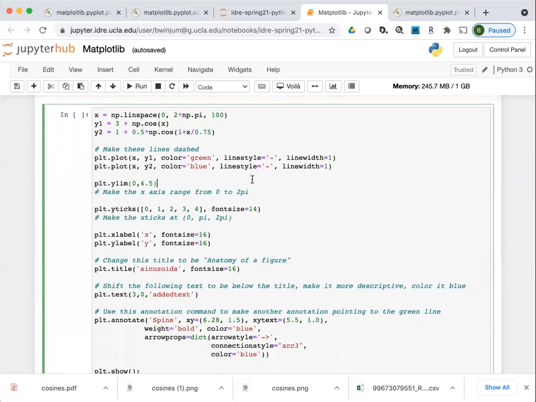So in this one, I've written down a description of some things that I'd like you to try. You're welcome to try other things if you want. This is kind of an exploratory space where maybe I'll give you 5 minutes here just to play around with this, and you can ask me questions if you run into trouble. But I've put in commented lines, for things to alter about the graphic. And feel free to go back up to that reference if you need, or look at the matplotlib documentation to try and play around with this a little bit. So I'll let you play around with that, and I'll come back here in a couple minutes.